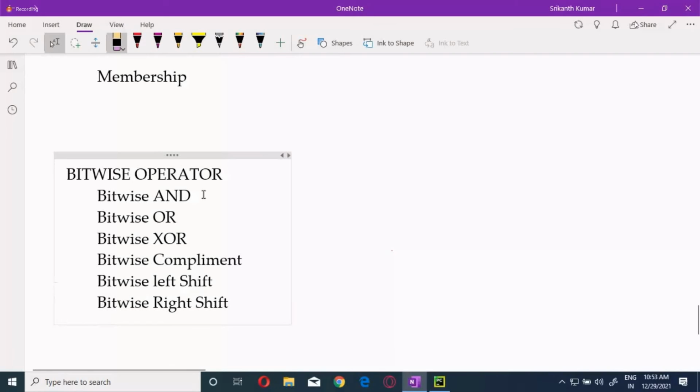They are shown in this way. Usually they indicate it as and, and or is indicated as the pipe symbol. This is a pipe symbol.